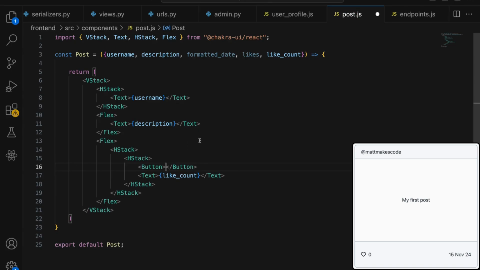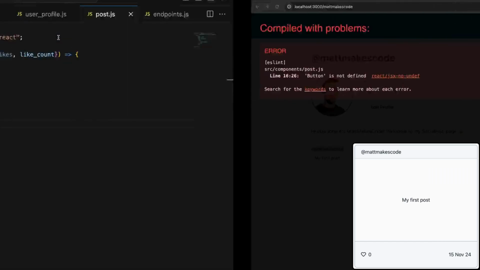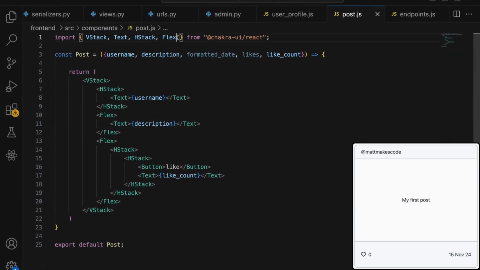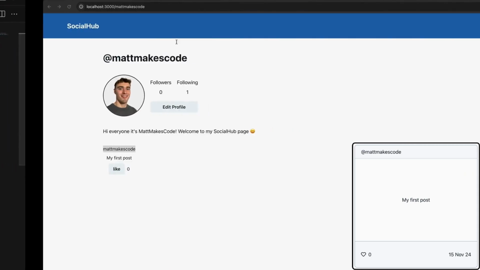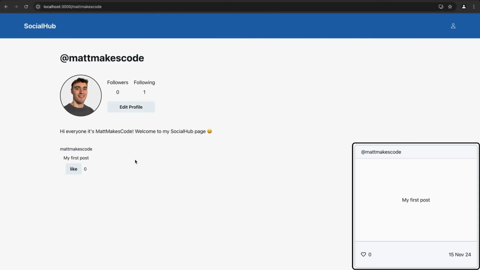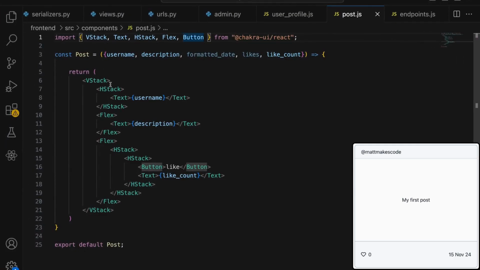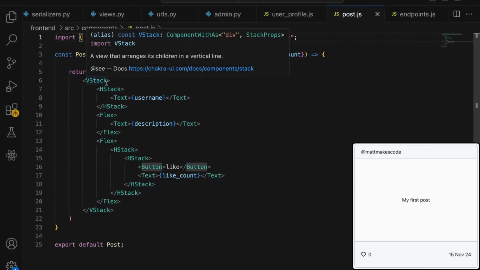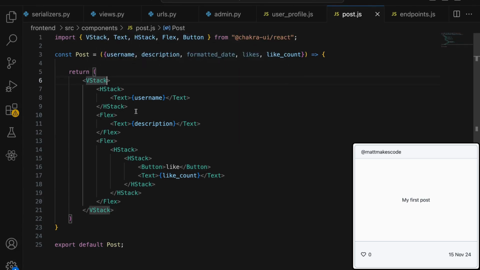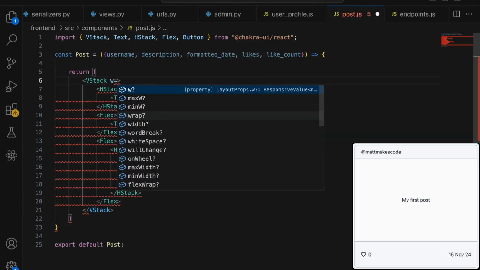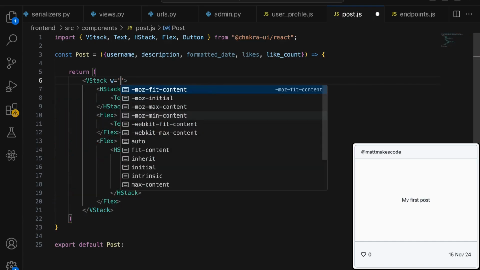So we've got this button here, and we just call it like. Later on we'll style it so it actually has a heart or something like that. Okay, so we import button. So we got like my first post. Now we want to build some actual sizing to it. So if we make the width of our post 400 pixels,